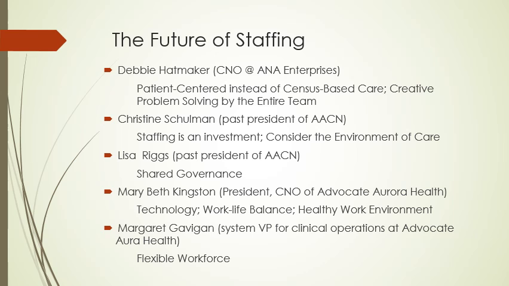She says, first, we need to creatively problem solve to address staffing issues. This means following the evidence regarding staffing, patient outcomes, job satisfaction, as well as continuing to test new models of care and processes with ongoing input from the direct care staff. Viewing staffing as an instrument and not merely an operational expense is a major grand scale shift in how we think about delivering patient care. So that was from Christina Schulman. She was the past president of AACN.